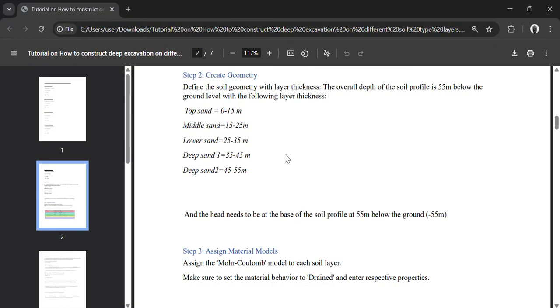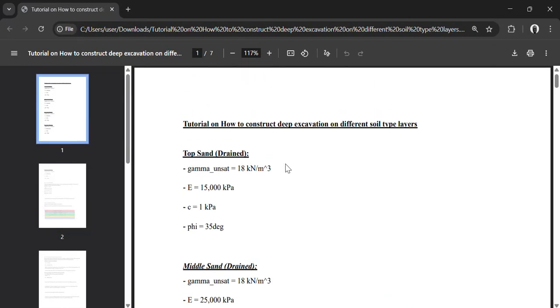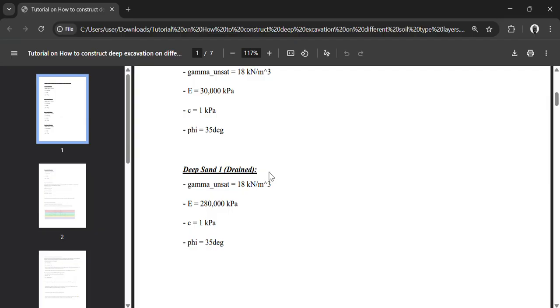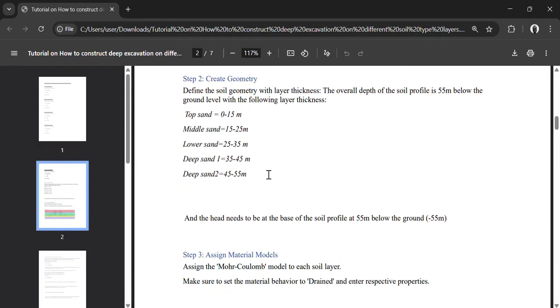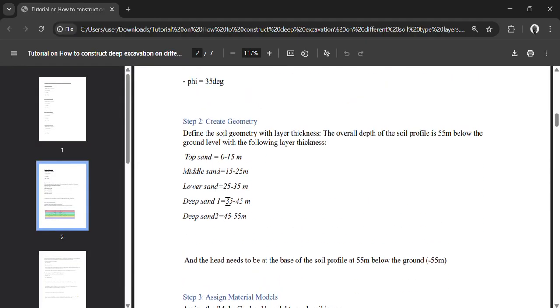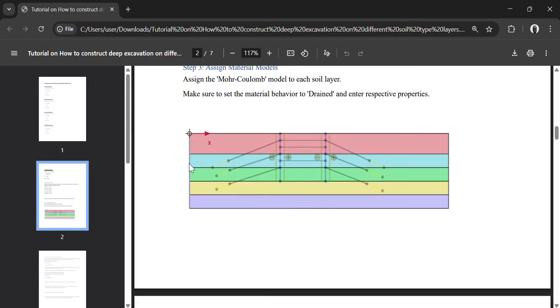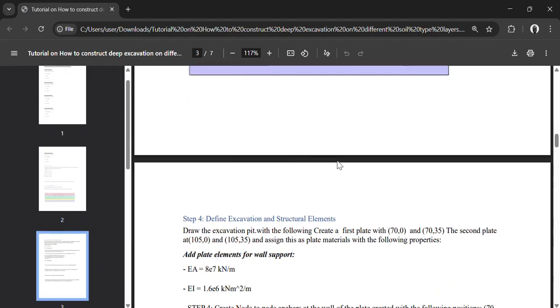We are going to use this sheet. This is a top sand. These are the material properties that you are going to use, and the materials are arranged in this form, like this one. After the end in the Plaxis Studio, and after all,